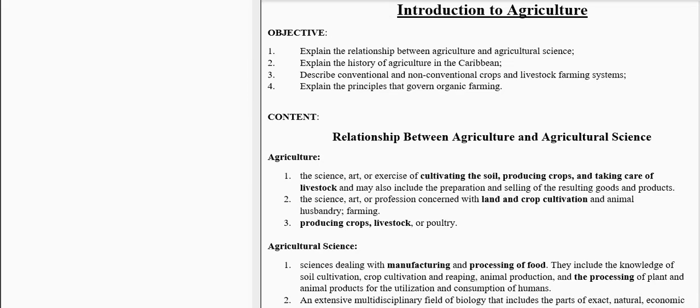In this course, you will learn about agricultural science in the Caribbean. I'd like to start with an introduction. And here in this introduction, we'll be looking at